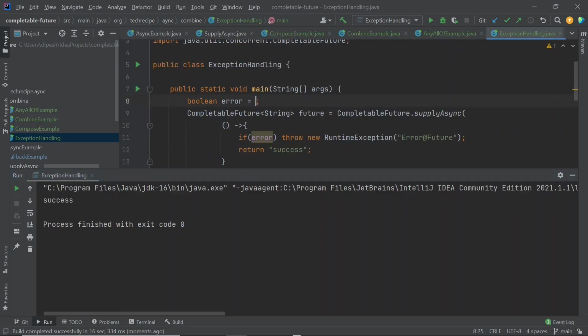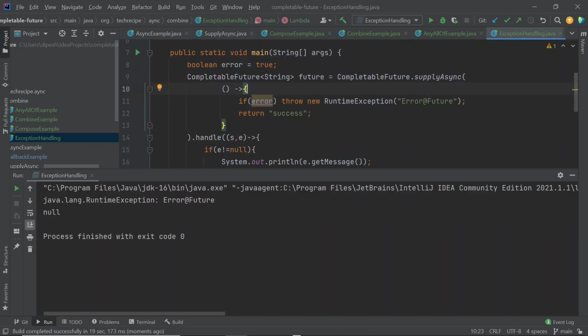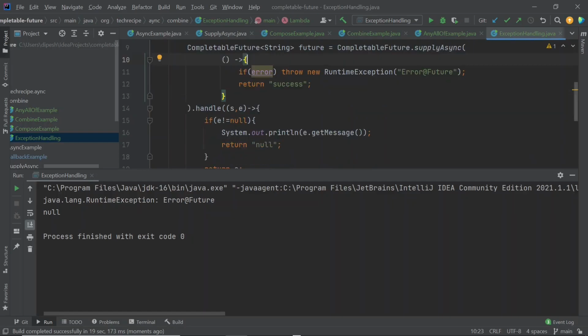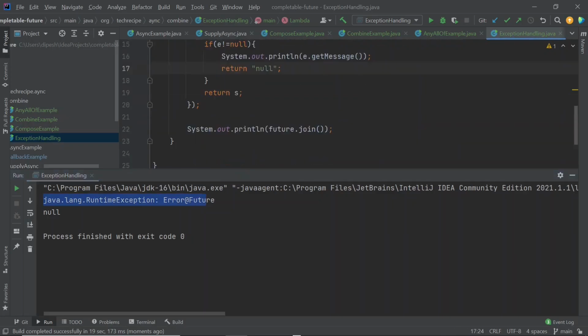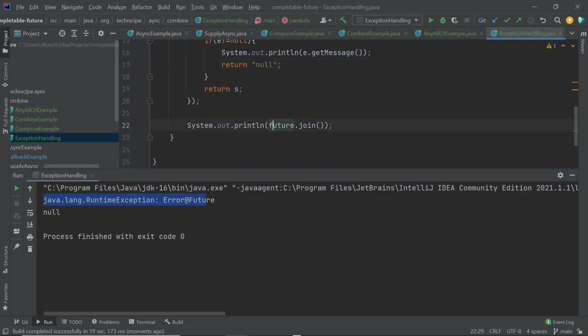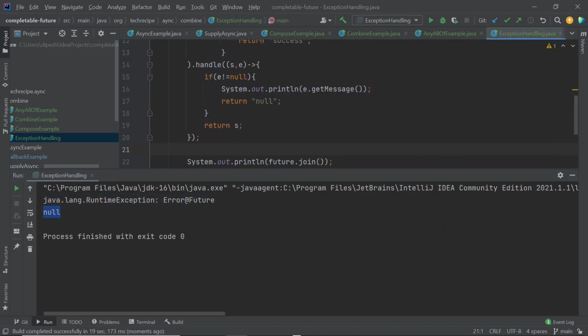Now let's turn it to true and run it again. Okay, now in this case you can see it threw an exception. So it went into this condition where we logged the error, and since it returned null, the future.join returned us the value as null. So this way you can handle the exception.